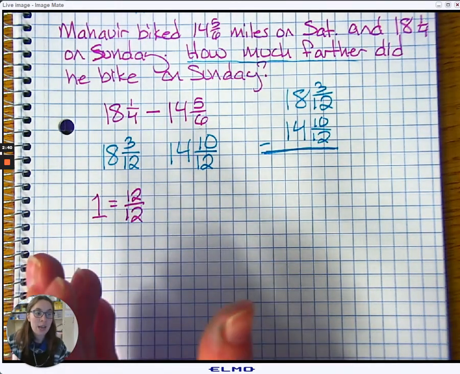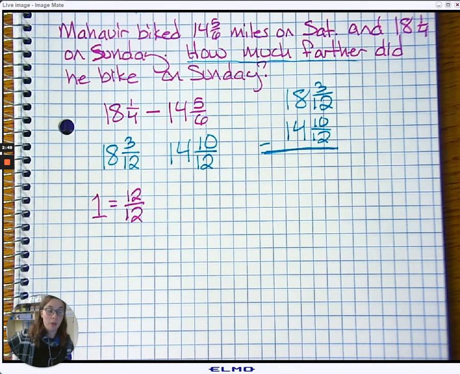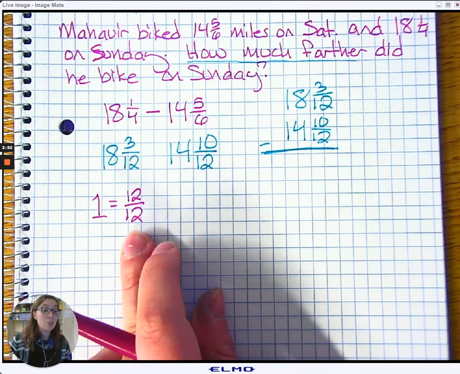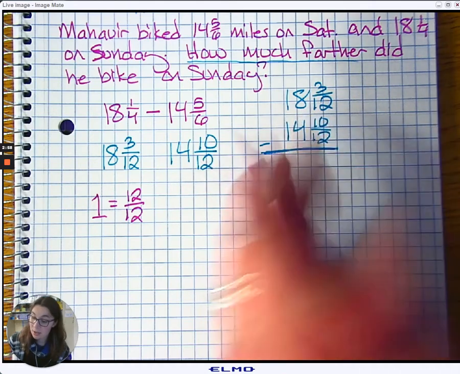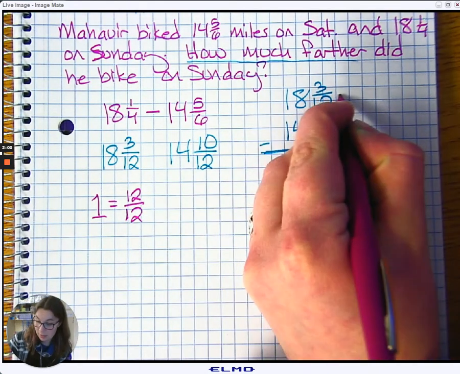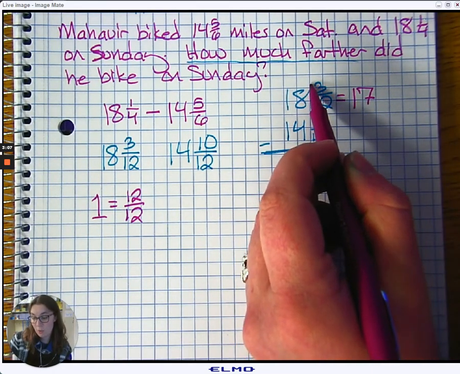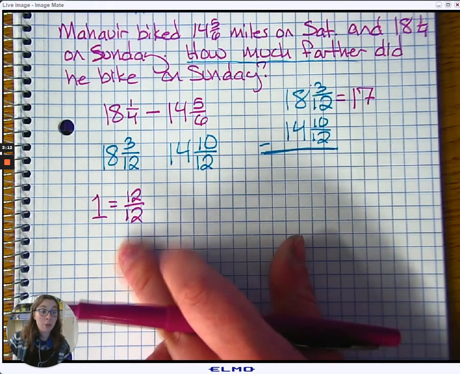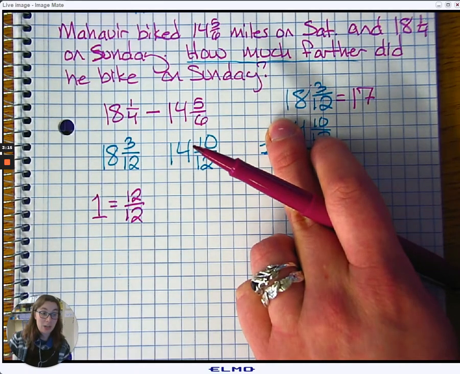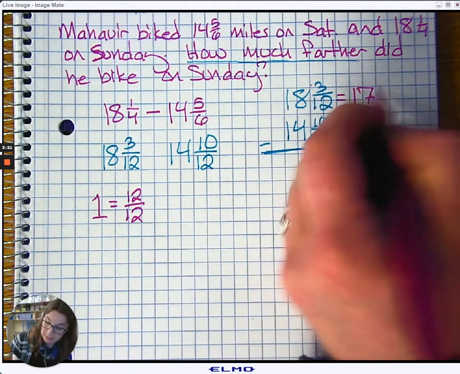When I'm regrouping for regular subtraction, I can borrow a 10 because our number system goes in powers of 10: 10, 100, 1,000, etc. Here, we're dealing with 12s instead of 10s. So to regroup this one, I would take 1 away from my 18 and make it 17. But instead of adding 10, I'm going to add 12 to my 3, because I took 12/12 away from my 18. I took 1 whole, which is equal to 12/12. That way I have 17, and